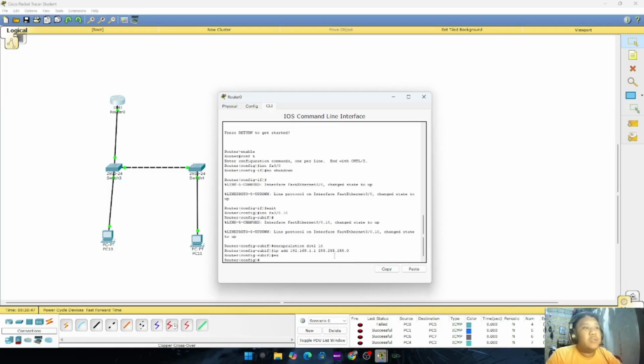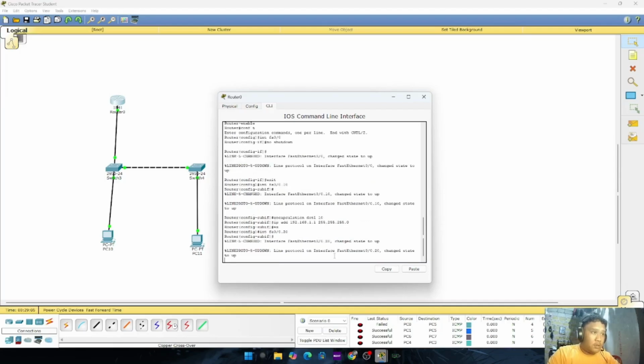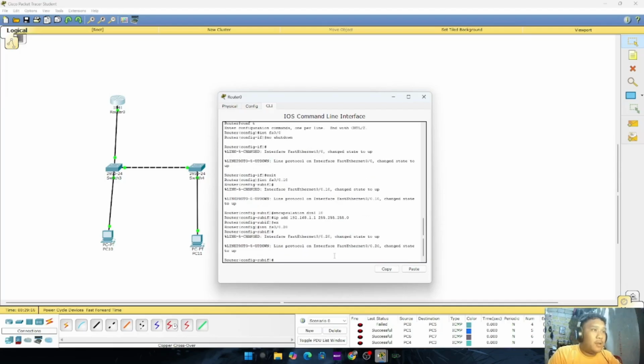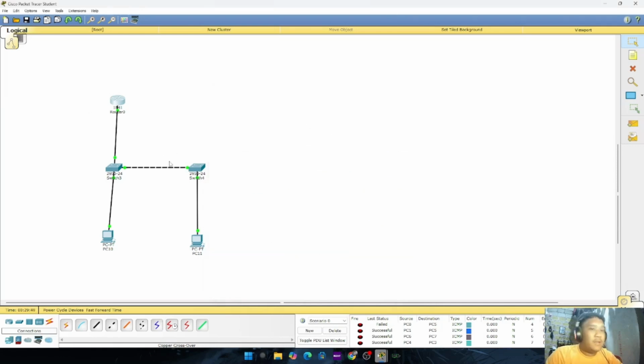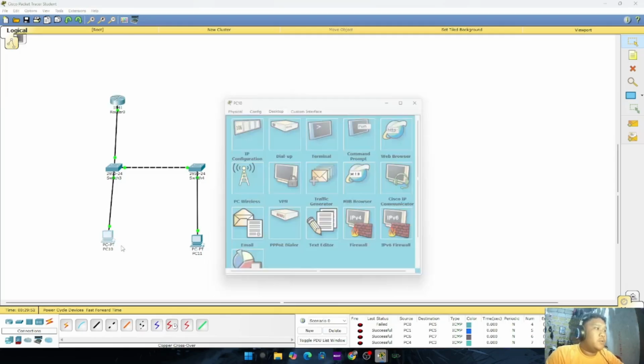After specifying the first VLAN, do the same for the next VLAN, which is VLAN 20. It is now established, so now let's try to ping.